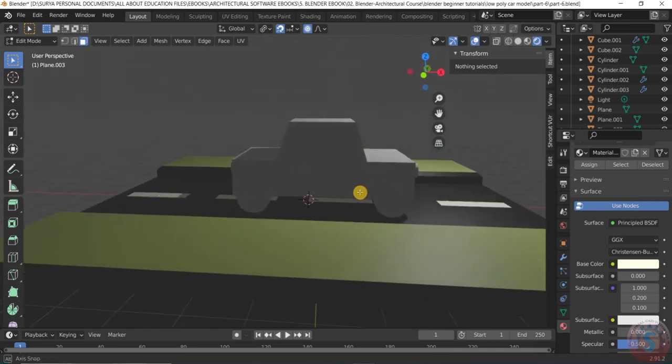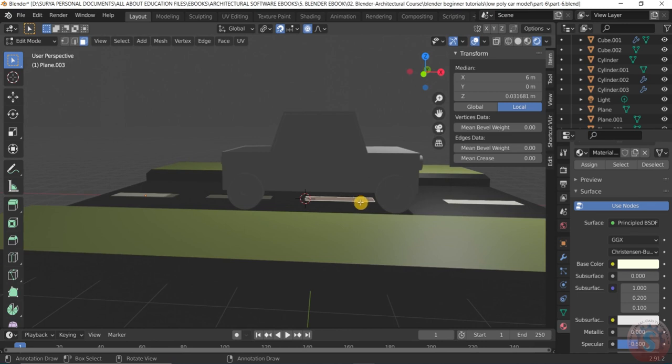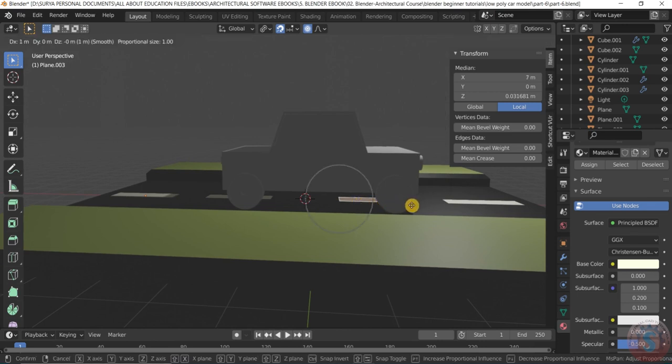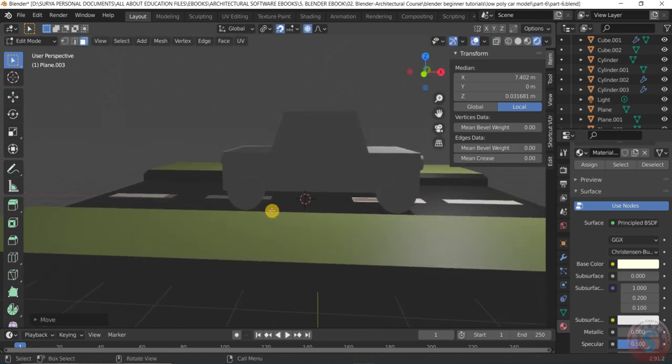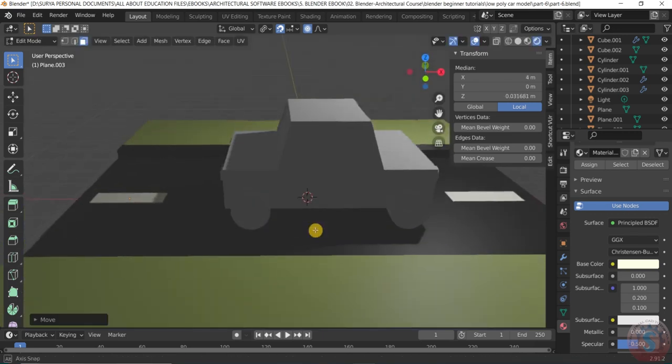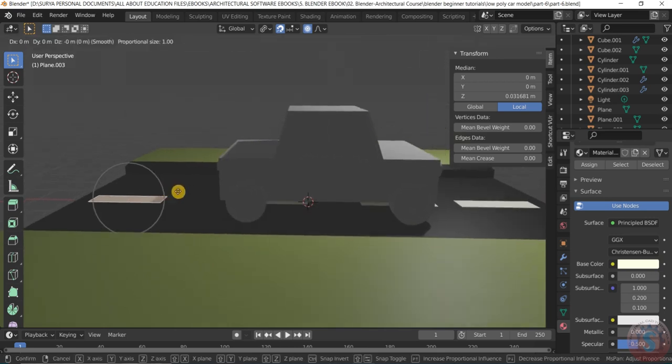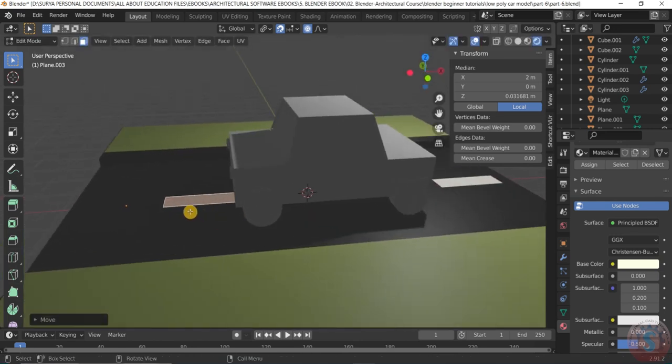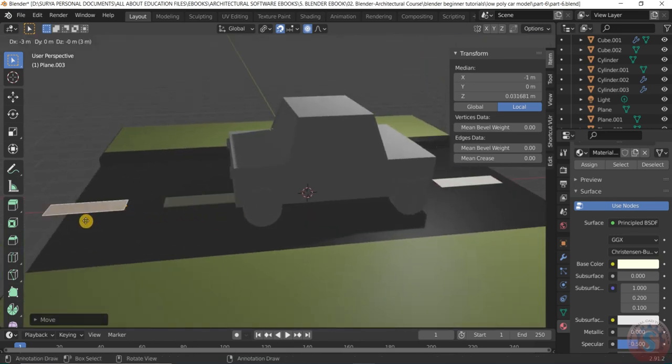And I want to move this object with G, then X using the control, and adjust this. You can adjust by using G and Control X. You can adjust again. I want to give Shift D again,